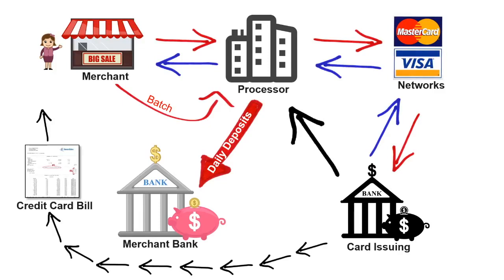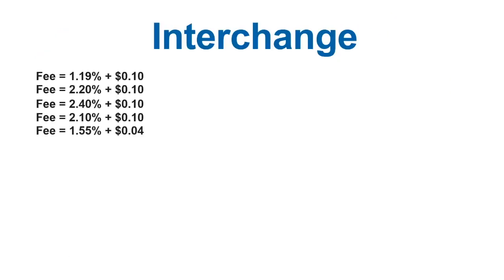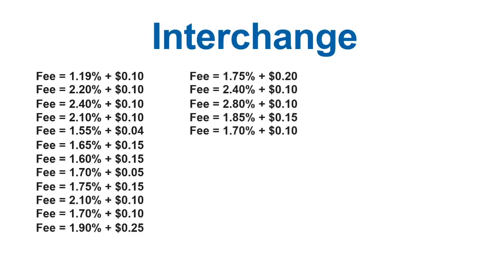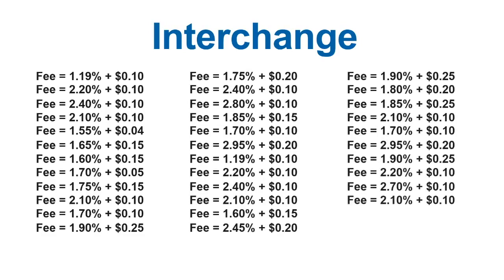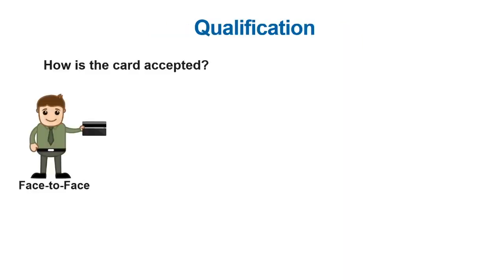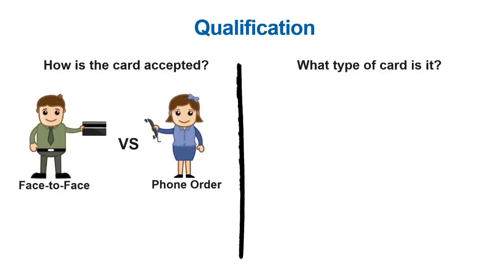What is interchange and what role does it play? Interchange is a schedule of fees that determine the price for all credit card transactions. There are hundreds of interchange levels, and each is comprised of a set of qualification requirements that must be met in order for a transaction to fall into a certain category. The two main qualification requirements are: number one, how the payment is accepted, whether it's face-to-face or over the phone, for example. And the second is the type of card that is used, whether it's a consumer card or a